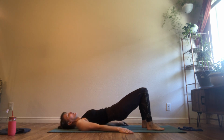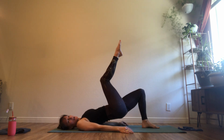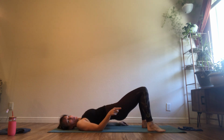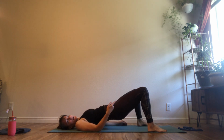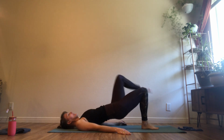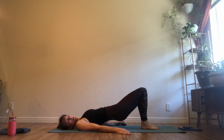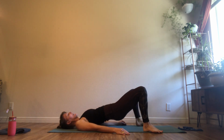So here, we're going to lift up, and we're going to start to lift one leg. And when we lower that leg, we're going to step it out wide. We'll lift the other leg, step it out wide. And then we come back to center, lift, step narrow, lift, step narrow. Good. So now you can keep going wide and wide